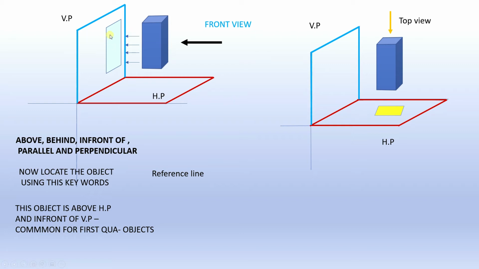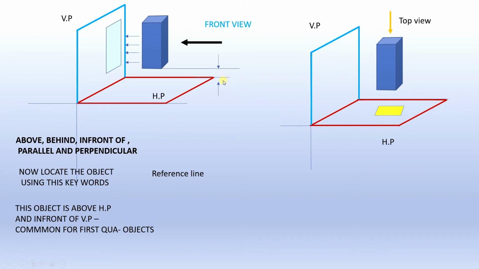Let me check the projection. This is the longer face and it is parallel to VP. If it is parallel to VP, no problem, it is perpendicular to HP. Yes, absolutely. Sometimes it is parallel on both sides, or perpendicular on both sides, but these are basic things, you should not get any confusion, so just forget about that one. We'll move on and just apply these keywords, or if you have any problem, just check the keywords, then you construct your object.